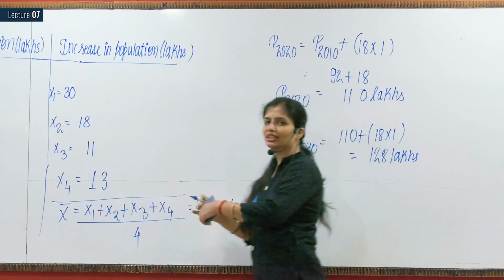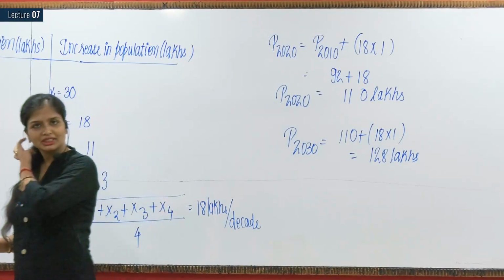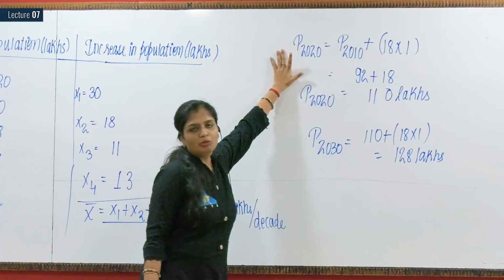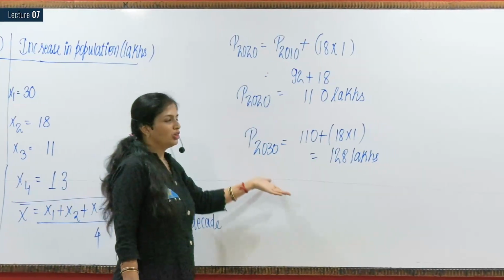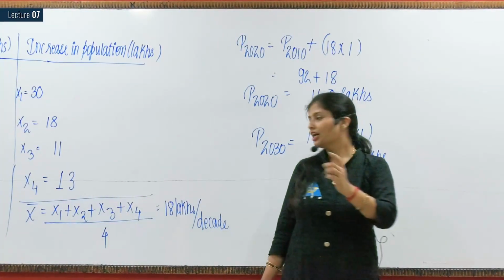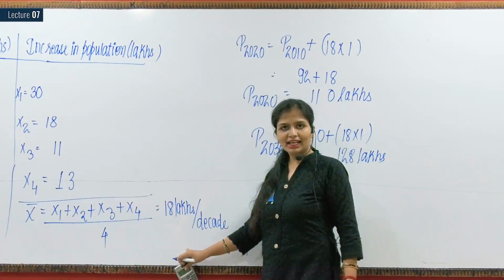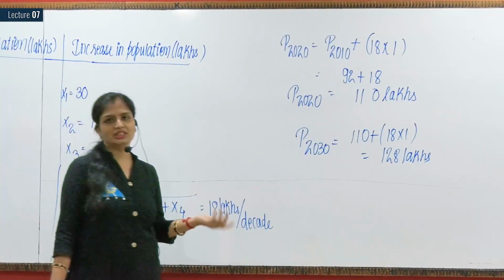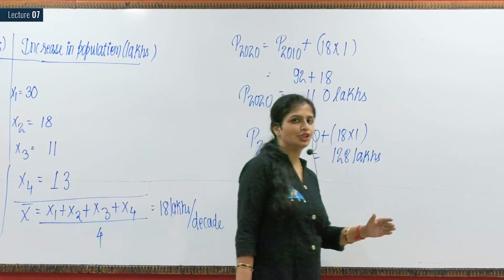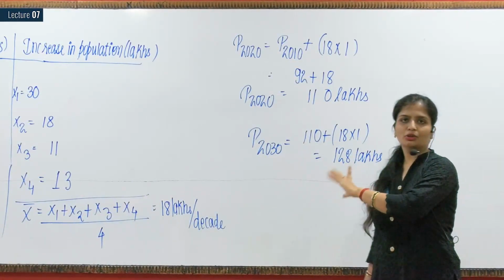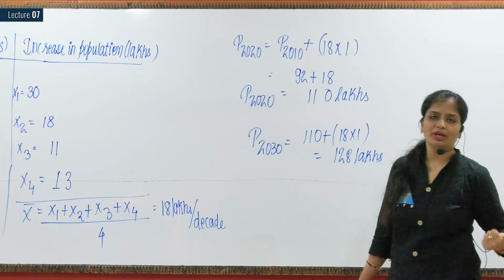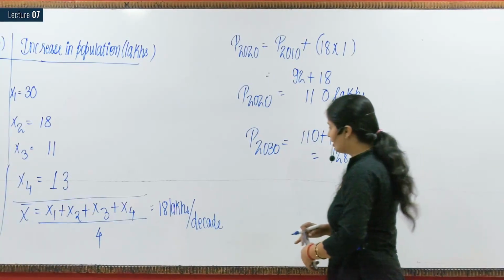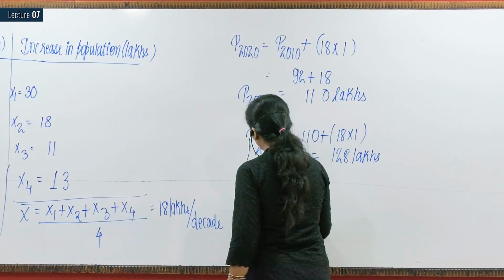But generally, dear, when the 2020 and 2030 populations are asked consecutively, it is preferred that you calculate from the 2010 population. The reason: it might be possible that in this case you will get the same result because we are getting a natural number. But what happens in the cases of integer values? There can be some changes. If somebody gives you the value till 2010 and asks you to calculate for 2020 and 2030, you can do it in this manner also. The other thing I am telling you to do is take the data of 2010.